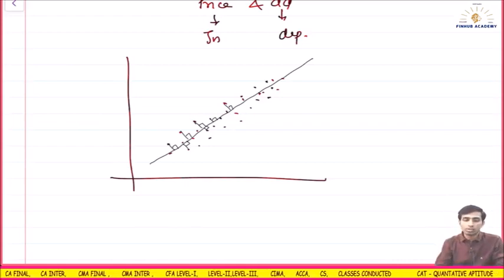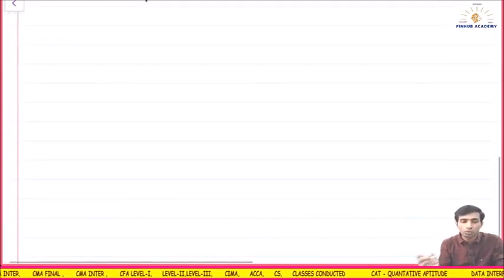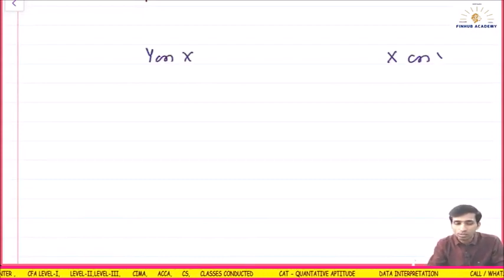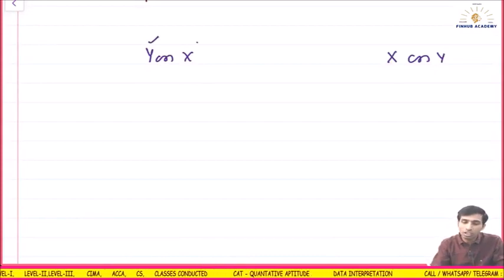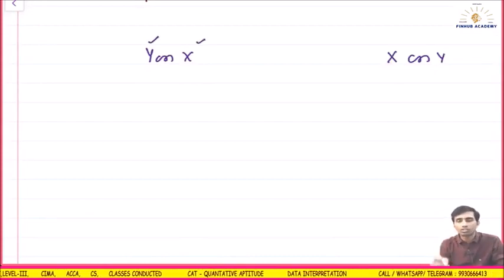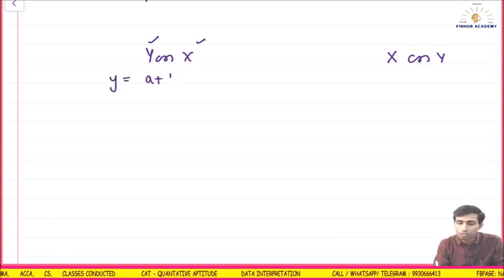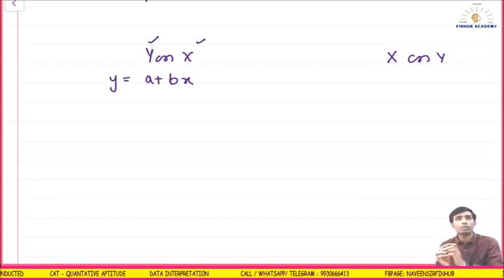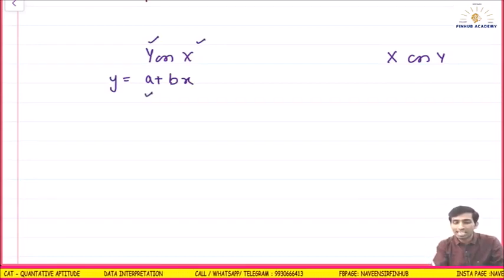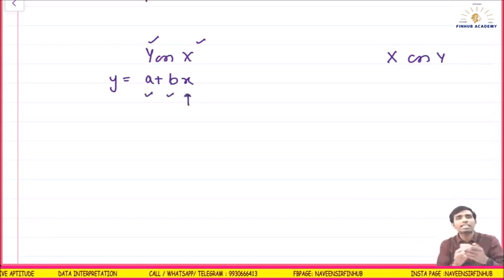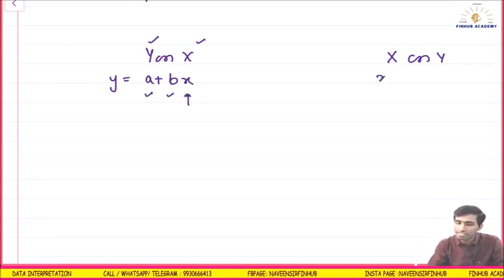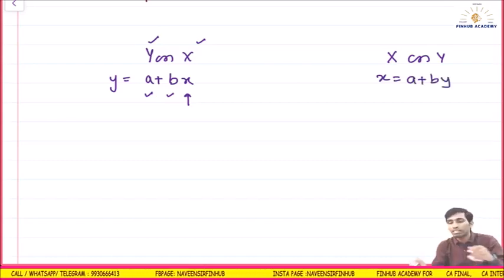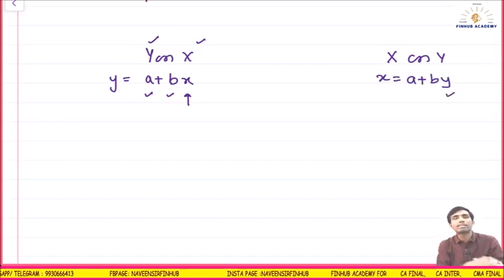Coming back to regression, I can do it in two ways. One is the y on x equation, or it can be x on y. Here y depends on x. So what will be the equation? y = a + bx. What is this whole process about? Finding the values of a and b. Once I know a and b, I put in the independent value of x and I get y. Here the equation will be x = a + by. Understood? So the process is of finding a and b, taking the independent value of y and estimating x.